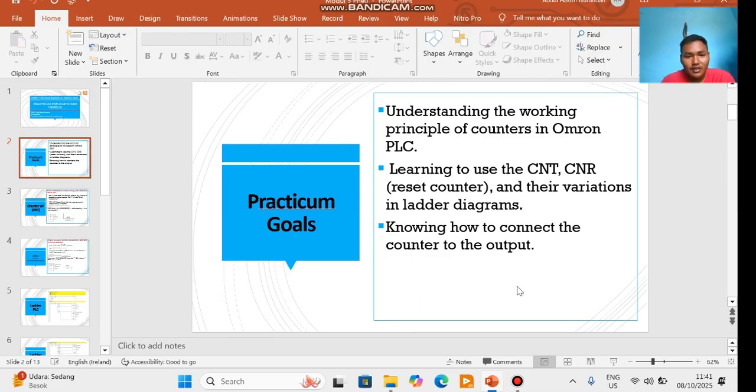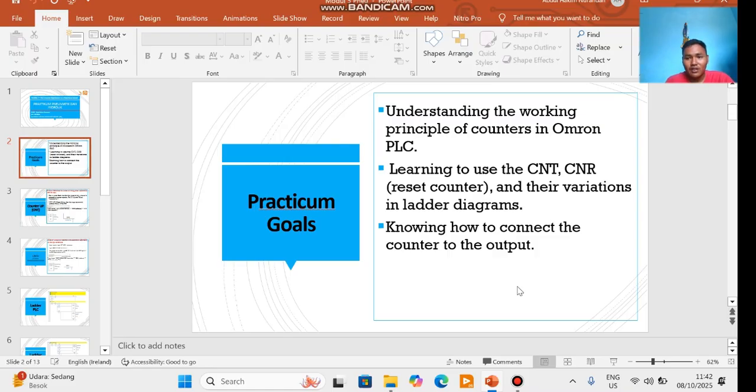This is slide 1, the practicum goals. This practicum module 5 has 3 points. First, understanding the working principle of controls in Omron PLC.